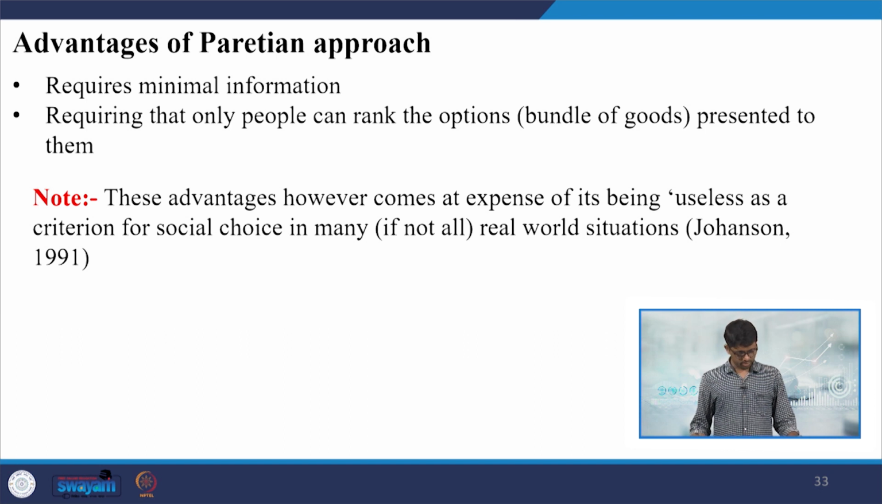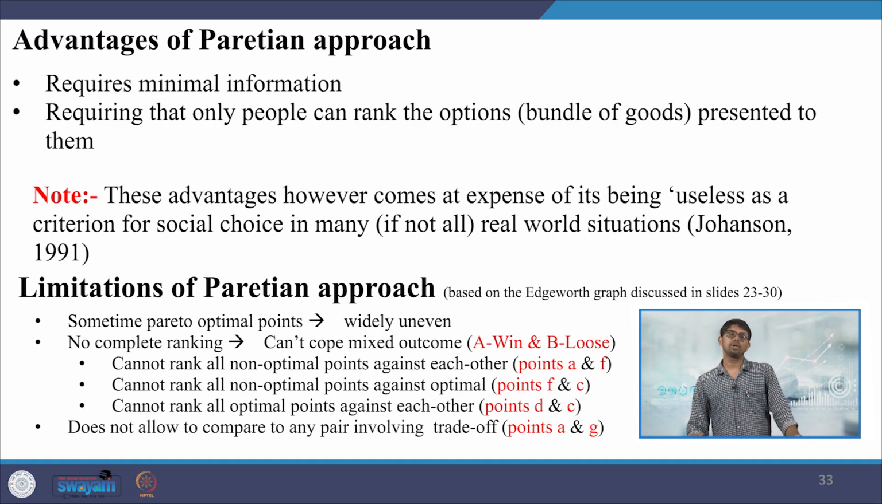world situations. The limitation of the Paretian approach is that in some cases, Pareto optimal points are widely uneven and no complete ranking is possible. Once we have reached said contract line, it's very difficult to actually rank. So we cannot cope with the mixed outcome, that is A wins or B loses, we cannot even rank all optimal points